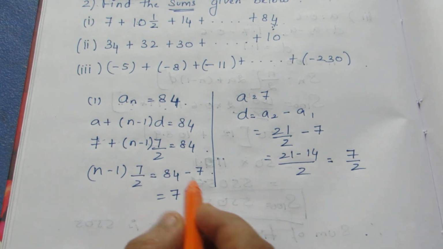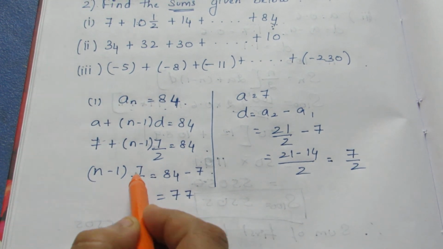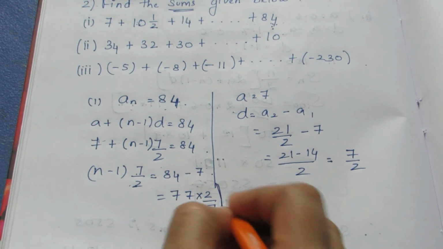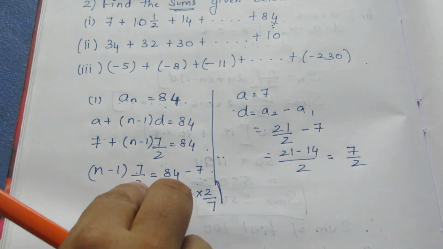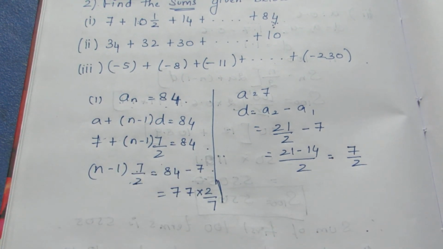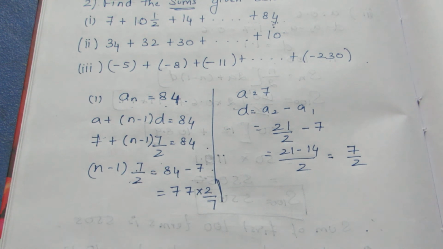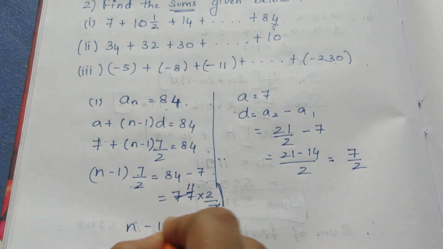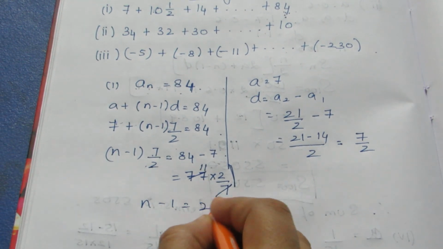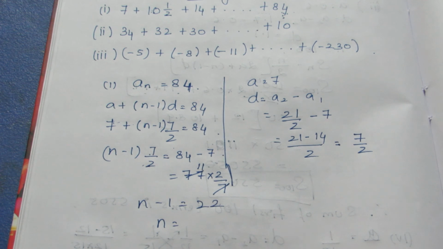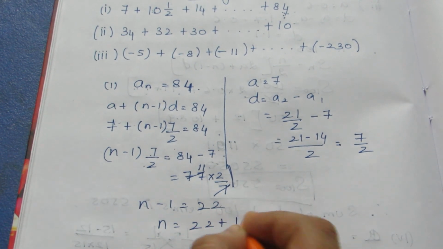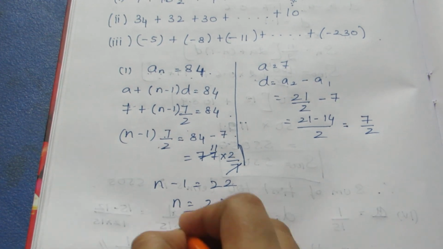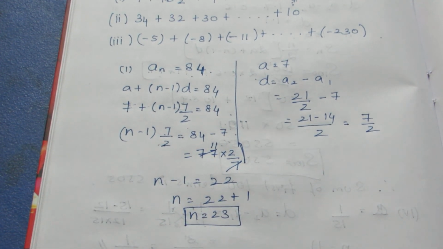Here it is in multiply. I want to bring it to this side. So my numerator will go to the denominator and the denominator will go to the numerator. That is, I need to multiply it with the reciprocal. If we need to bring a fraction to the right side of the equal sign, we need to take its reciprocal. Here we can cancel. So n minus 1 is equal to 11 2s are 22. n is equal to, if I bring 1 to this side, it becomes plus 1. So 22 plus 1 will become 23. So n is equal to 23.